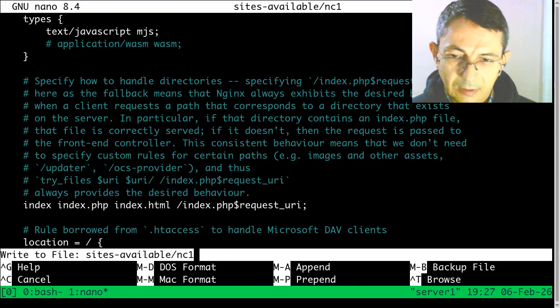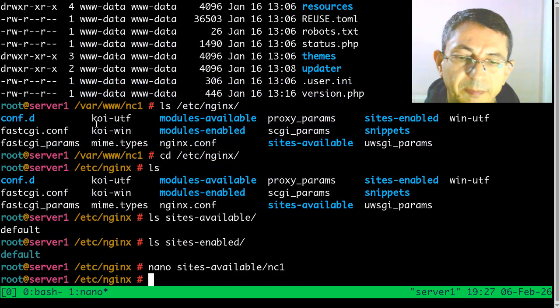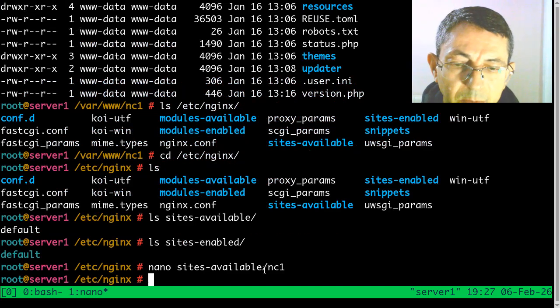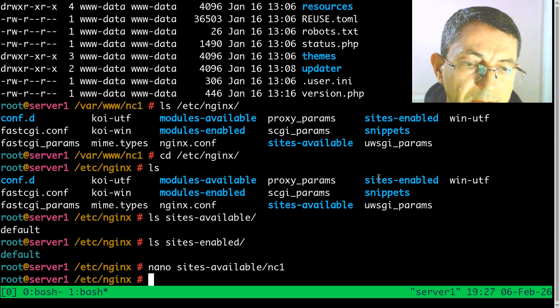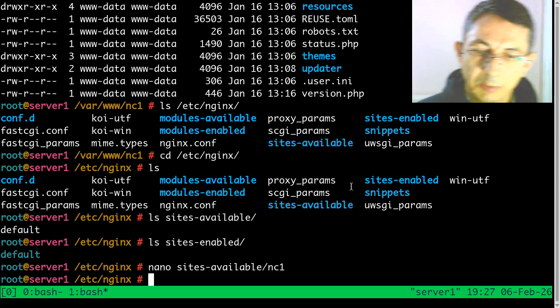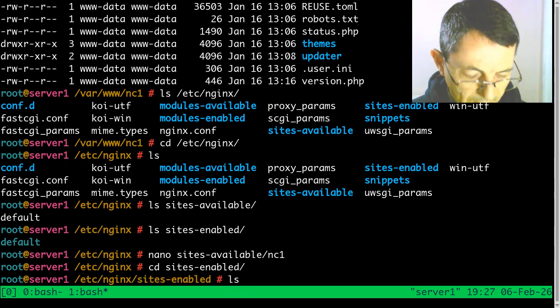Now I save it and exit from Nano. And in order to enable this configuration, I have to make a symbolic link to the directory sites-enabled. So let me go to this directory, sites-enabled, ls